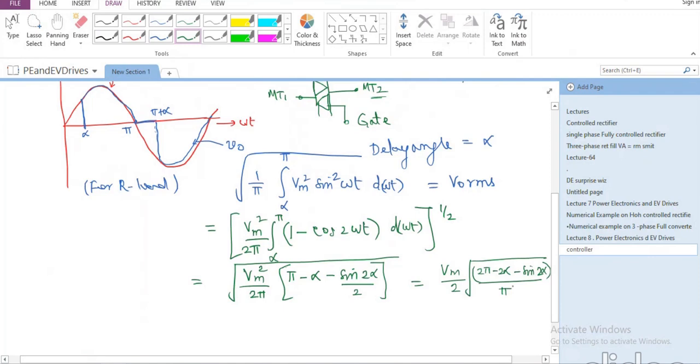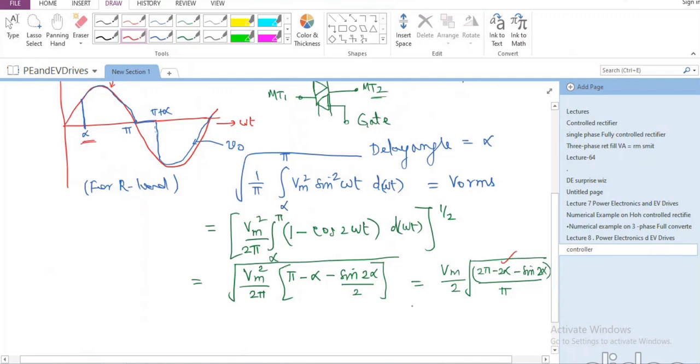This is going to be the RMS value of the output voltage. So what you get as the output is very clearly a function of alpha. Depending upon what kind of firing angle we are choosing, that is going to either increase or decrease